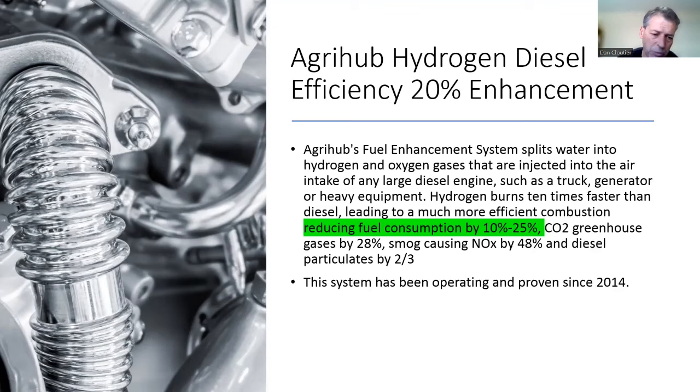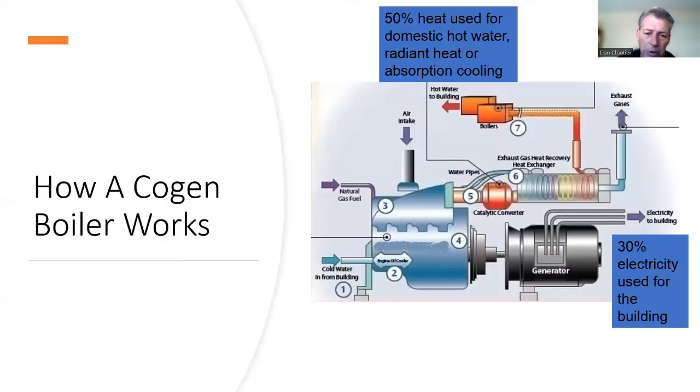This is a system that is really quite inexpensive. It's been used and proven since 2014. And we have customers using it, as well as the vendor has a much larger customer base for this system, and just absolutely proven and rock solid to work and very rapid payback. So really interesting possibilities. So if you combine that to a base thermal requirement and incorporate what's called a cogen boiler into that mix,